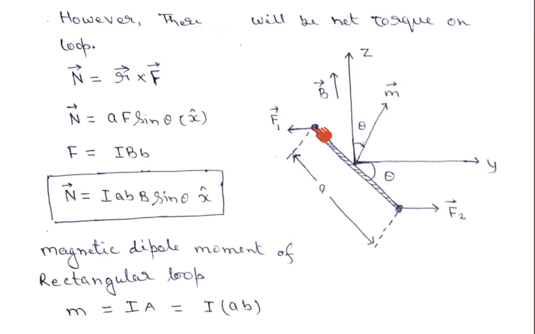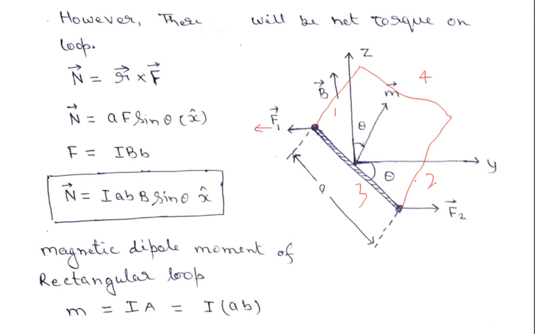rectangular dipole, so this was side 1 and here it was side 2. Something like that, and then it was side 4 here, and this is side 1, and this was side 2, and this was side 3, and this was side 4, something like that. So we have learned that on side 1 there will be a force, that is F1, which will be acting along the minus y direction.